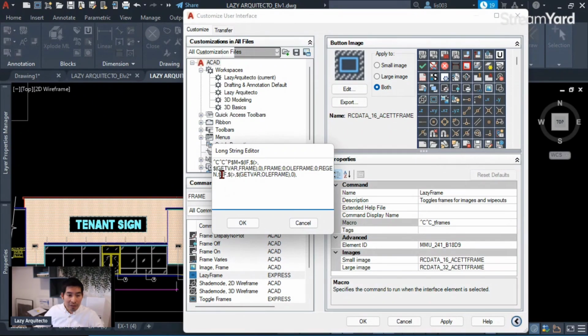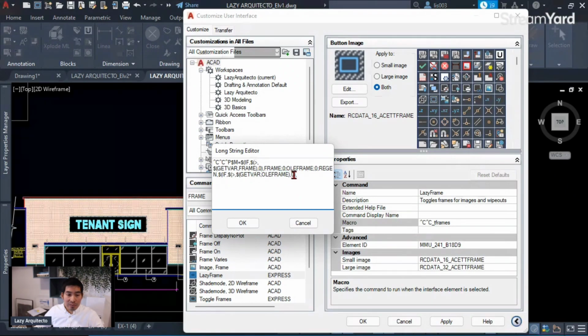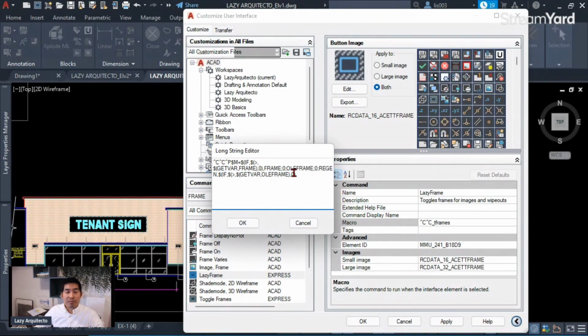So now with this piece of code, we're saying also if the value of only frame is more than 0, or bigger than 0. So if only frame is 1 or 2, right? Those options, we want AutoCAD to do something also. And what we want to do is